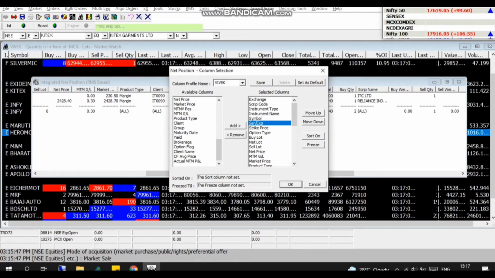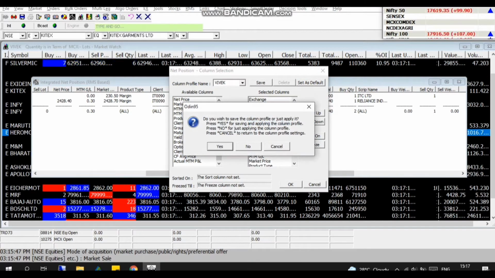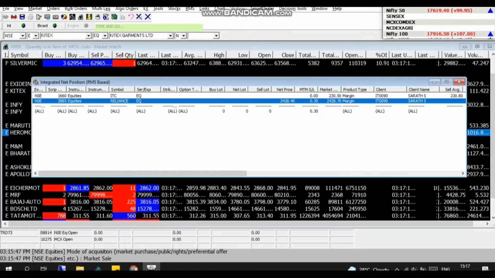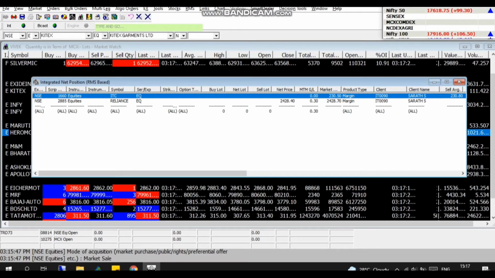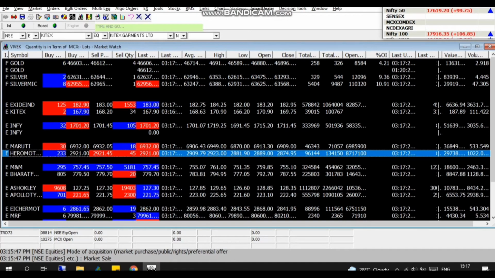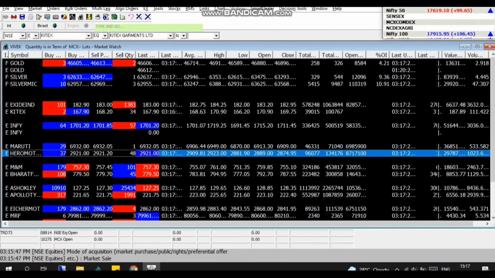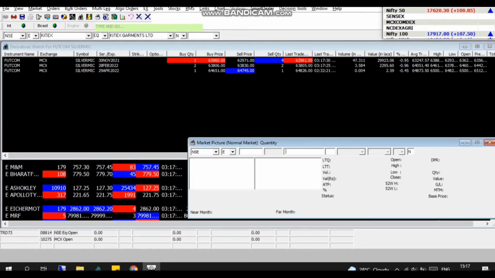So all the columns which you want will be saved under that name. After doing this, kindly right click once again and give save column profile again. So the window will open exactly the way you wanted from next time onwards.